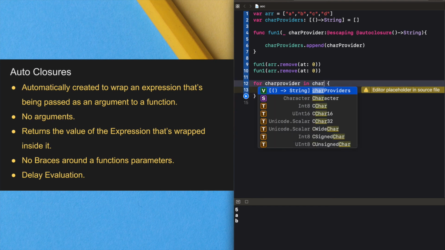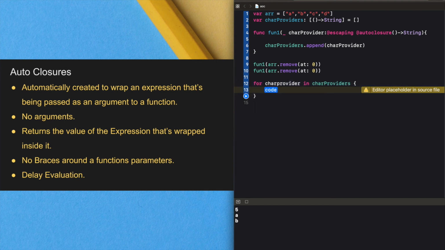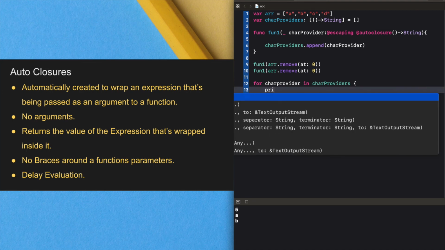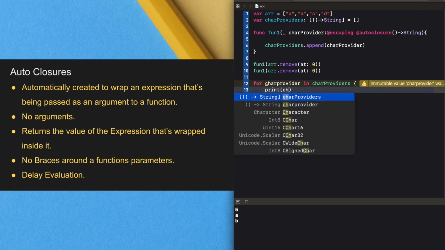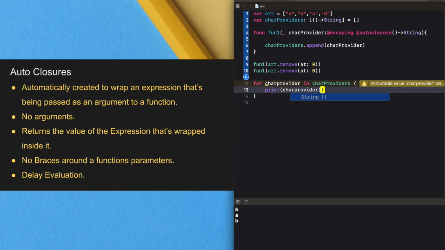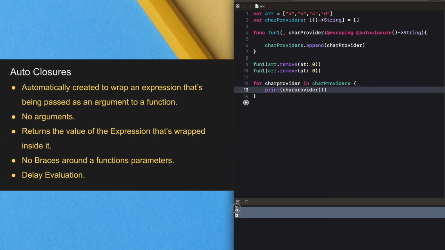In providers, we just call that closure and print provider. You see, we will get A and B. See this. So this is a way of using both escaping and autoclosures.